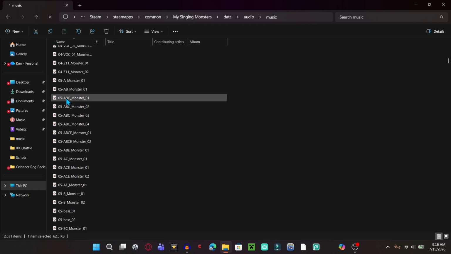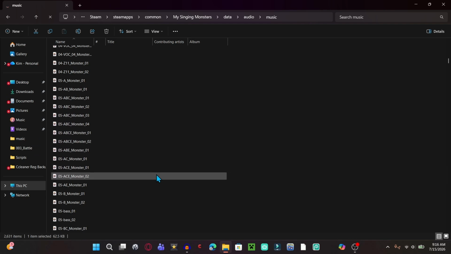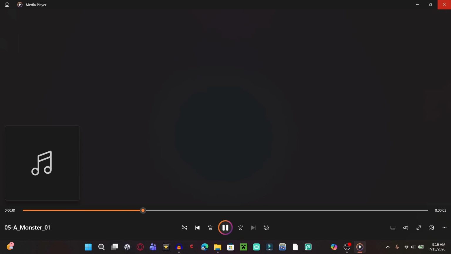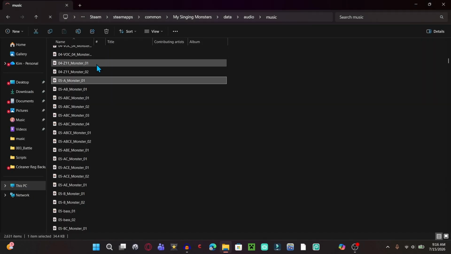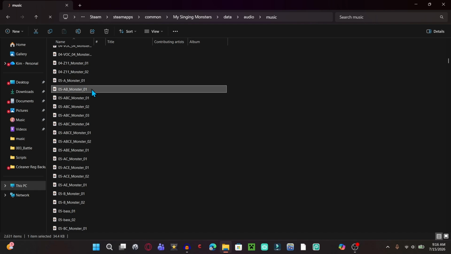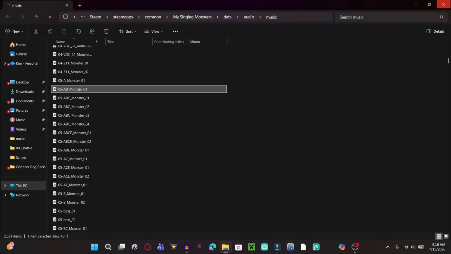And then each one of these letters represents an element, but it's not the first letter of that element. So this right here, 5A, is, I think, Tweedle. And AB is then the 2-element monster, which I believe is Tweedle and Mammoth, which is Dandy Do. So basically, B is the cold element, and A is the air element, and so